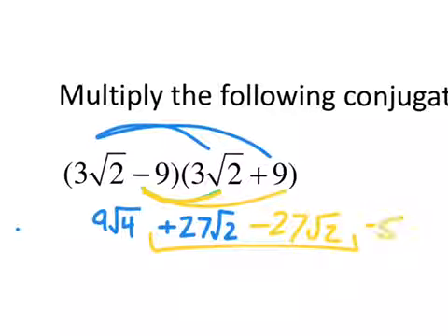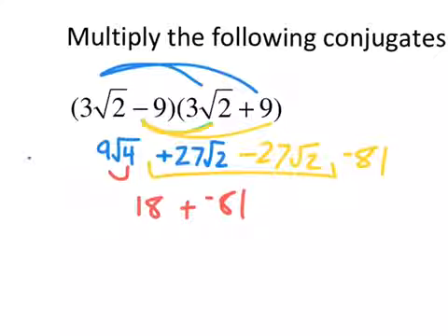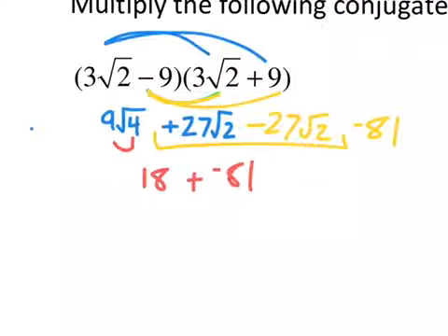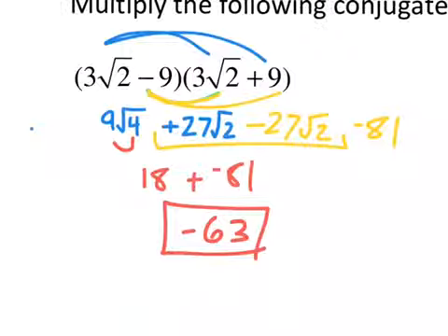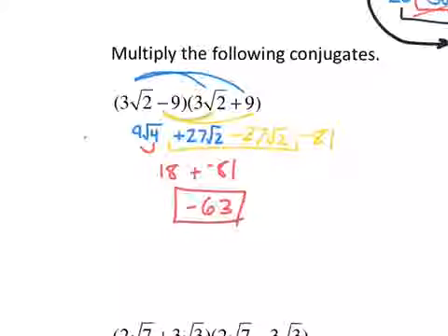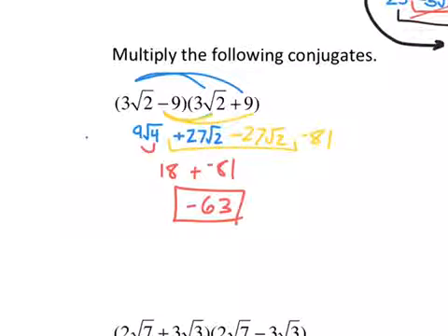And then we get to subtract an 81. Now this piece here, square root of 4 is 2. 2 times 9 is 18. So this boils down to 18 subtract, or add, a negative 81, right, which takes us to a negative 63. Alright, and on these, if you ever want to double check these, you can always type in